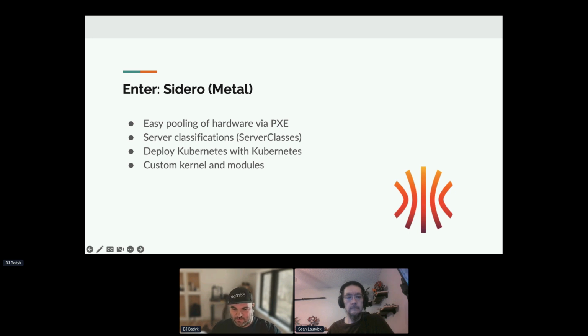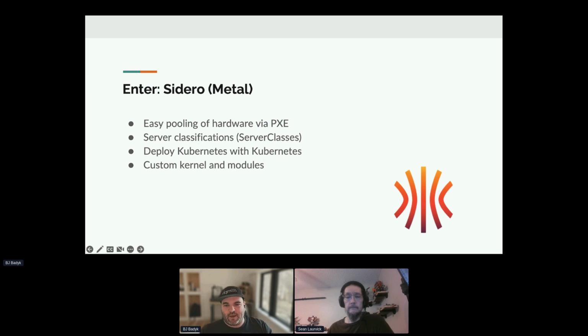And we knew at that point we needed to move into something where we could pull up hardware and be able to deploy it really with just push-button deployments, where we could run one command and it would just work. We wouldn't have to deal with any of the bare metal provisioning side of it, the headache of trying to install an operating system and then go through the work to get it to run what you want, which in the past was a bit of a headache. So with Sidero Metal, it was really easy.